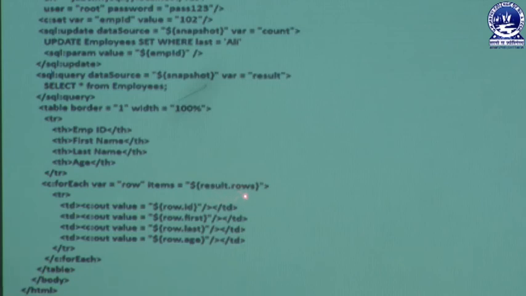In that row section, the items related to that part are mentioned, known as result.rows. And in this section we are taking a table row. In that table row we have some fields, and in those fields we are storing values retrieved through row.id, row.first, row.last, and row.age.